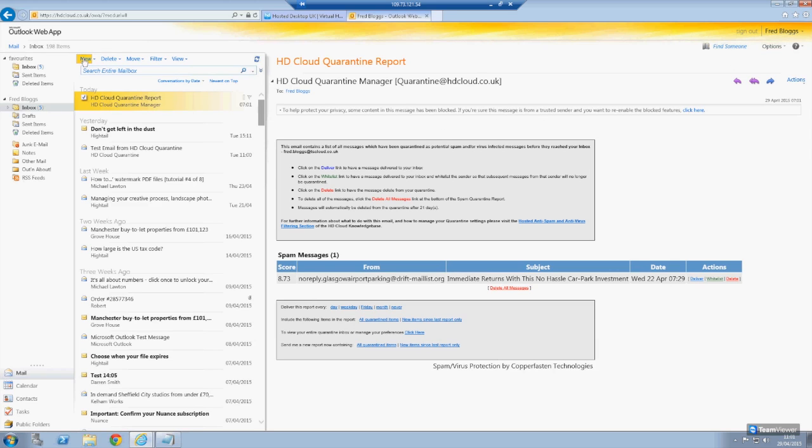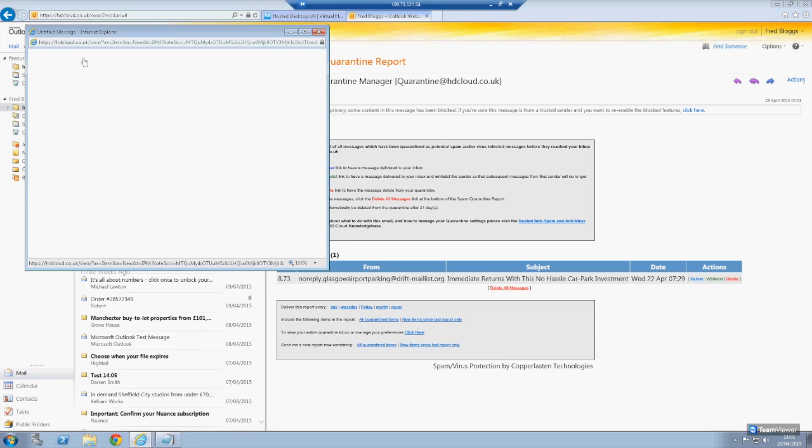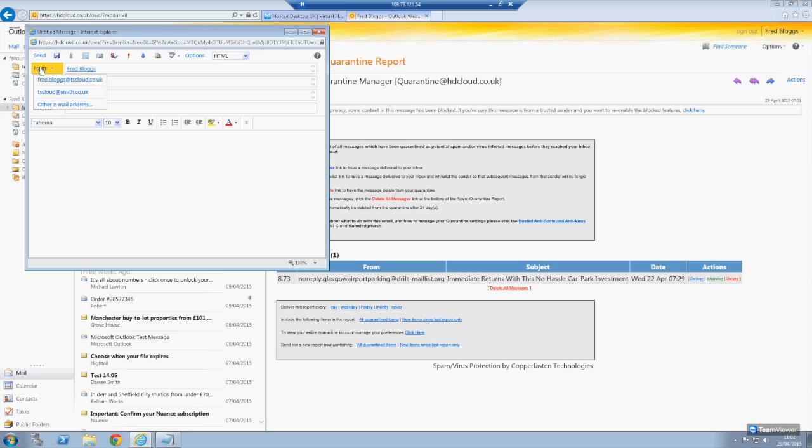Click on Email. You will see now that you have the From field at the top, and it will be showing your email name. If you have access to another mailbox, such as a departmental mailbox, and you want to send mail out from that mailbox, you can click on the From button, click Other Email Address,